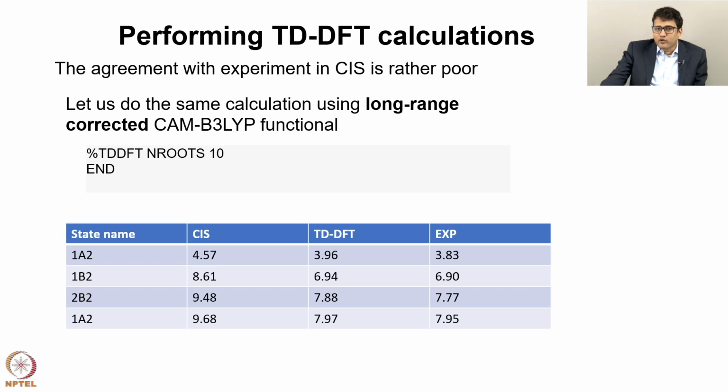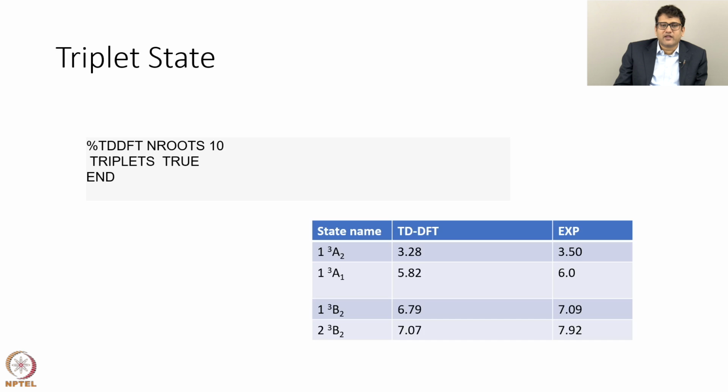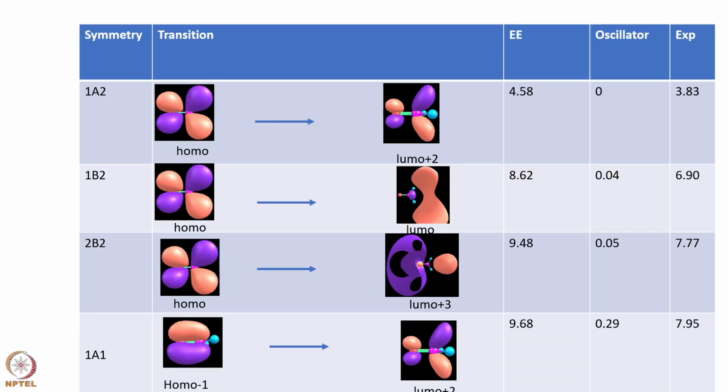So, we are going to again use the example of formaldehyde, and because we have already done calculation on formaldehyde using chem-B3lib, this is how the orbitals will look like. And this was the singlet and these are for the triplet, and this was what we got for the excited states, and this is how the orbitals looked like. Now, you can see that for the second excited state and the third excited state, it actually has considerable Rydberg